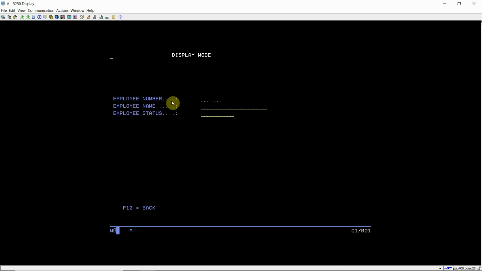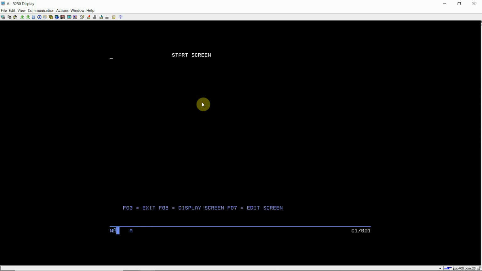you can see that the display mode heading is printed on this screen, and the fields are protected. You cannot change anything here. Just press F12, then press F7 again.